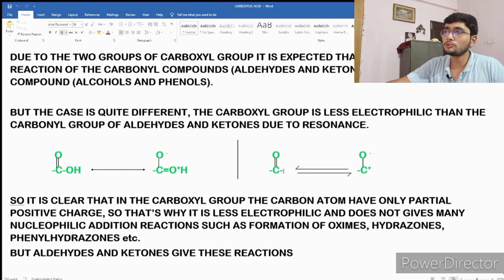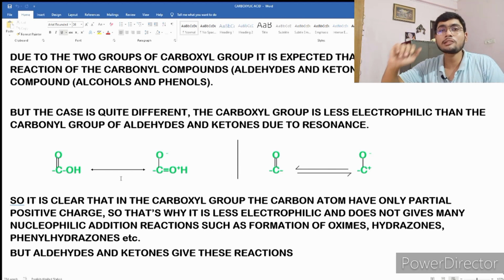Now let us see the carbonyl group. So you see this is a carbonyl group, so when the pi bond gets broken, this will form an O minus and the carbon will get a positive charge. Now you see here is a difference. Now the basic reactions of the carbonyl compounds are nucleophilic addition reactions. Why is that so? Because the carbonyl carbon is electrophilic in nature. You see that in the carbonyl structure, when the pi bond is broken, the oxygen has a minus charge and the carbon has a positive charge. So the carbon has a positive charge, so this means that the carbon is electrophilic in nature.